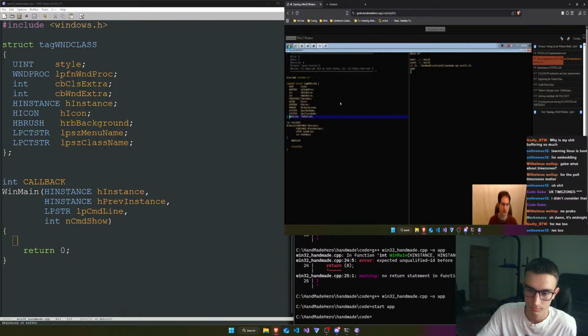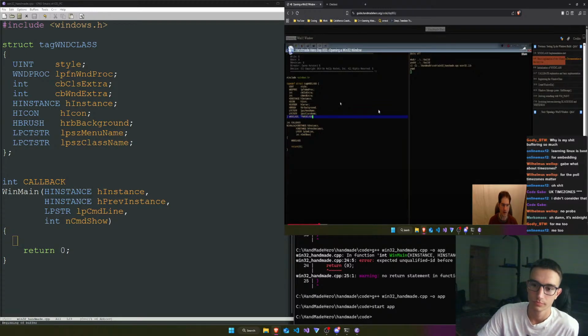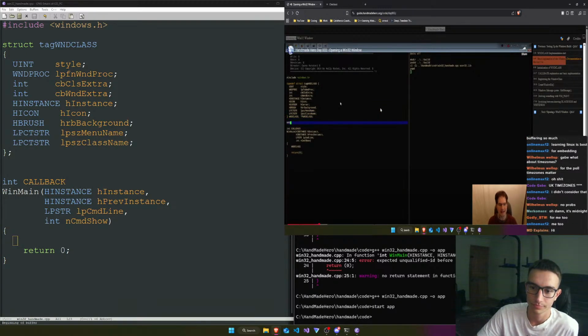The typedef then declares two different types, which you can do with the comma. It is basically saying one type is WinClass, and the other type is a pointer to a WinClass, and they're going to call that PWinClass. So this essentially creates two names: WinClass, which refers to struct tag WinClass,